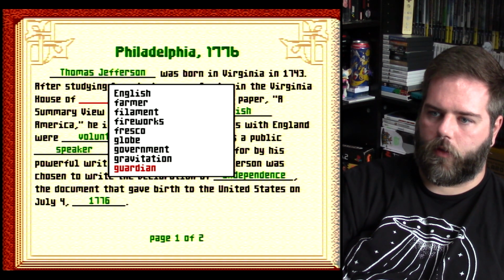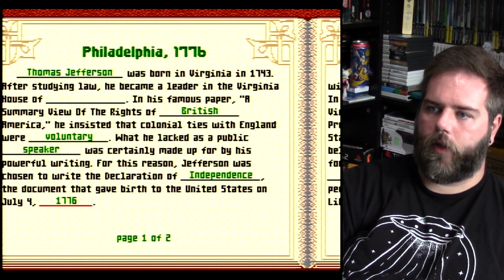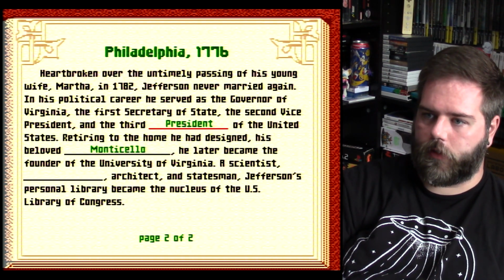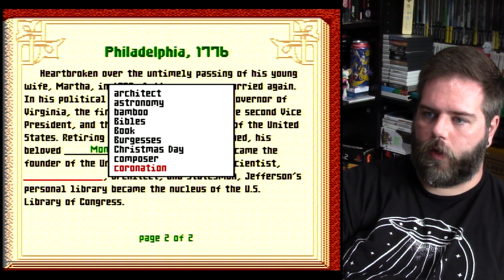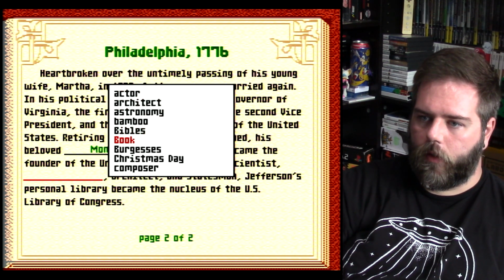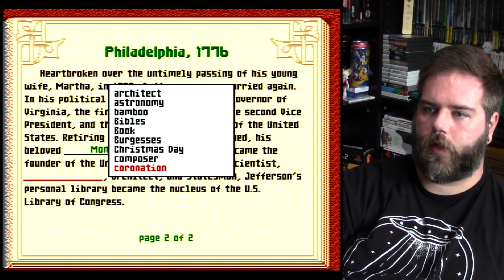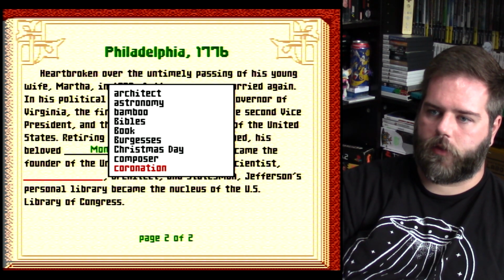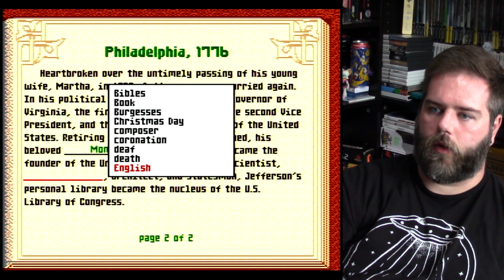What's the House of Law called? Sorry guys, I'm doing terrible at this one. I thought this would be like the easiest one, and at first it was. I was just naming things off left and right, and now I'm stumped. This other one here is, what else was he besides being a scientist, architect, and statesman? Well, I said architect first, and I got it wrong. I haven't guessed anything else on here. This is not architect, because it already says architect on there.